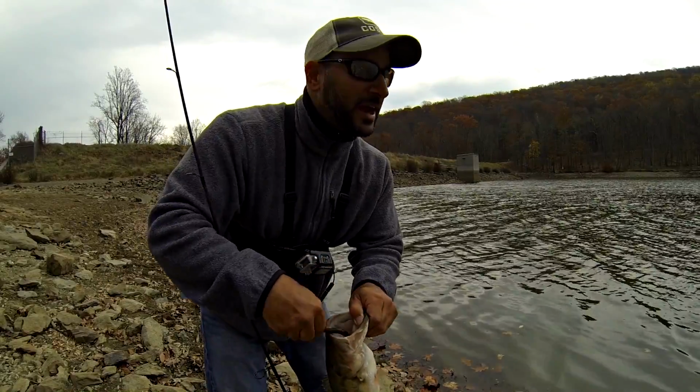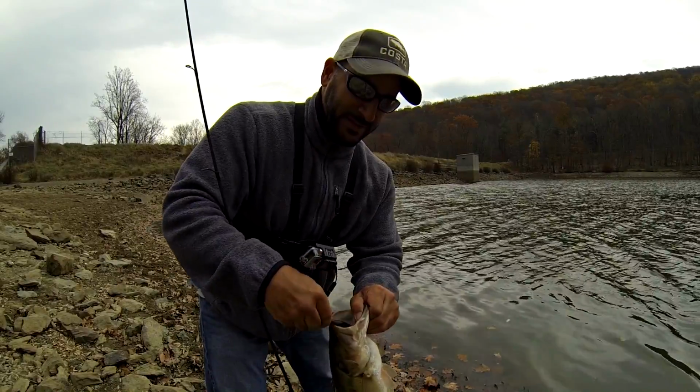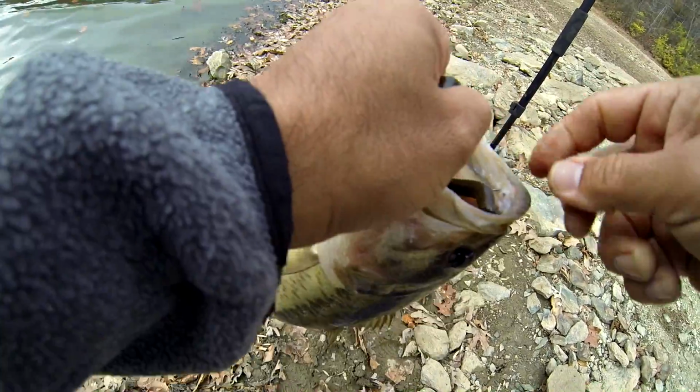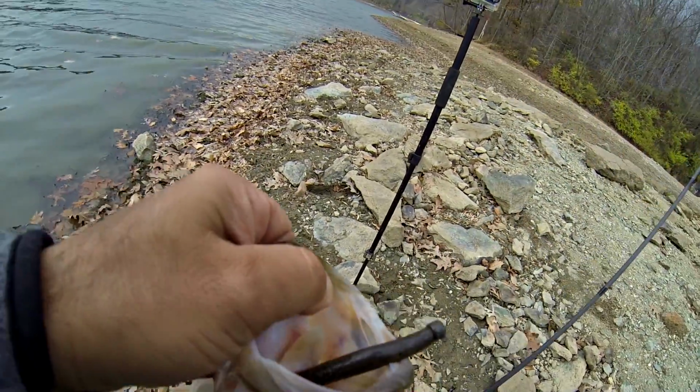I stopped the camera just one time to change the batteries out, make sure I didn't lose something like this on film. But literally, that's like the 4th cast on this thing after all that power baiting and all that effort we're making to catch them on moving baits and such. This thing is hooked so good. Look at this thing. That thing is buried in its nose, super sharp hooks,